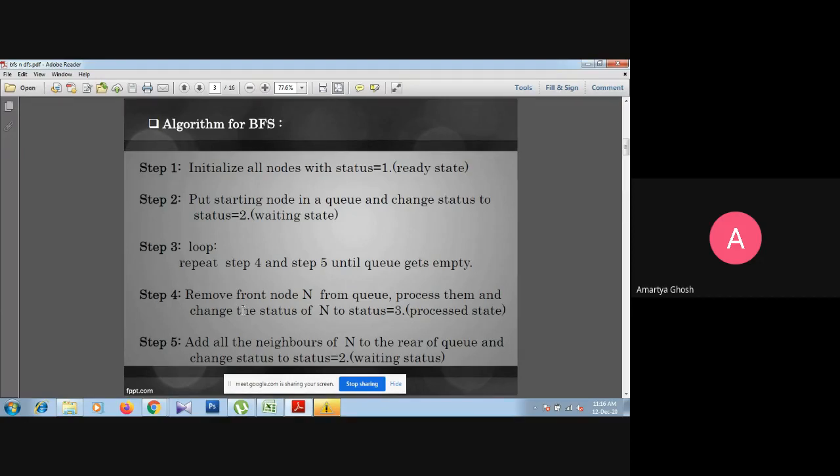If any node is in the front position, from that node we can move further. Suppose from node A we can move to B, C, D, those three nodes. So when we remove A from the front position, front is incremented from 0 to 1. Then we have to insert, because this is a queue, three elements: B, C, D. Some of you can write B, C, D here, some of you can write C, D.